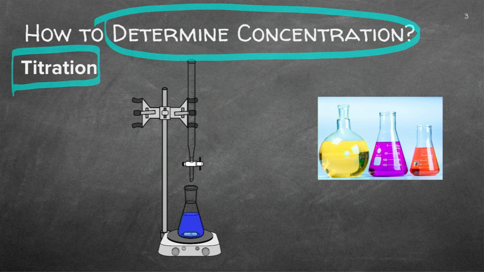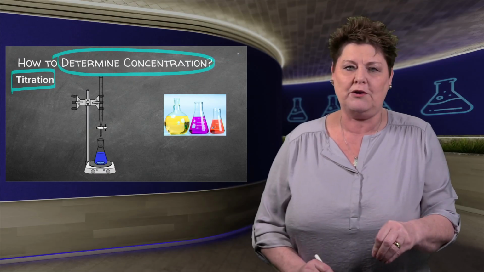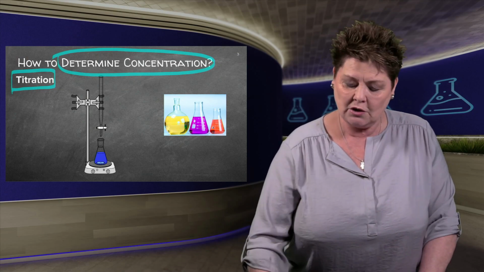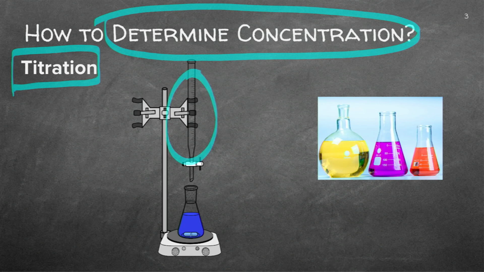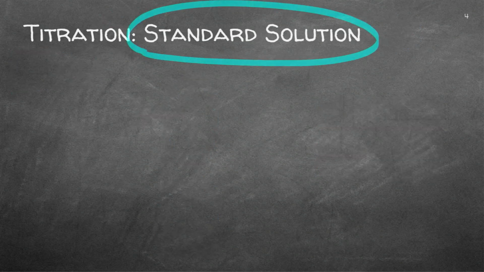Now, we've done a lesson on titrations and specifically how you do the experiment. In this lesson, we're just going to do the calculations. So you've got an unknown substance and you've got a known substance. Can you remember what the known substance is called? A standard solution. I know a standard solution's what? I know the concentration. So how do you get to know the concentration?